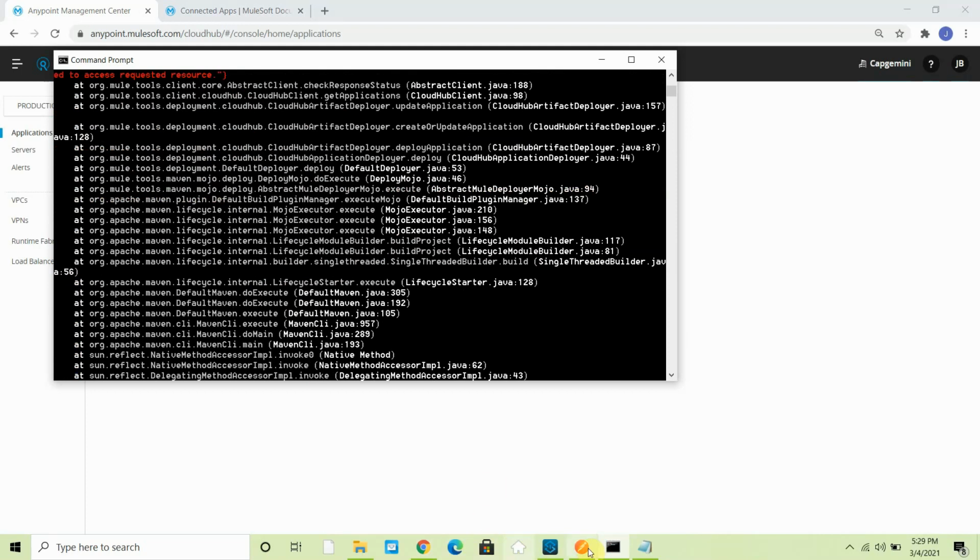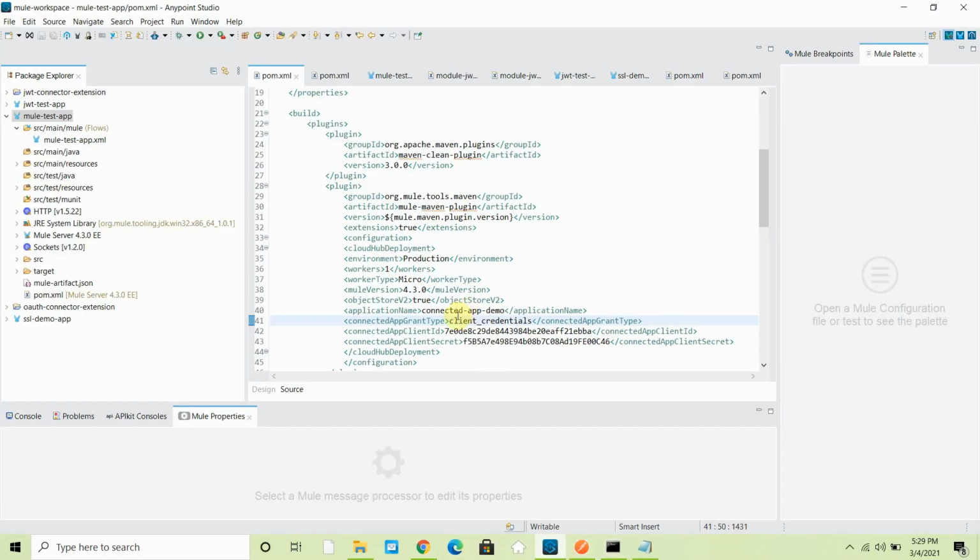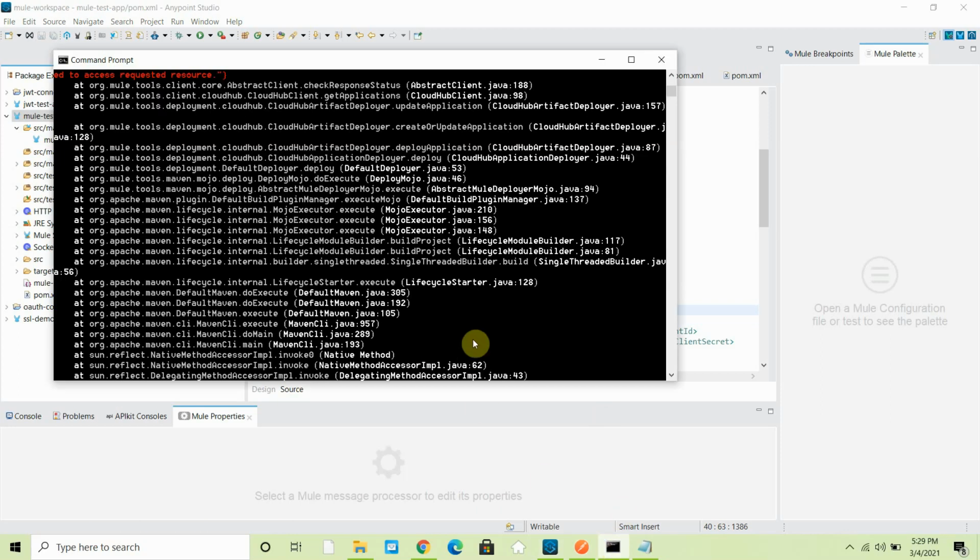Sometimes what happens is MuleSoft is a multi-tenant platform. So if we give an application name that already exists within CloudHub, it will not allow us to deploy. So I can change the name. I can put something like production. Let me check now.